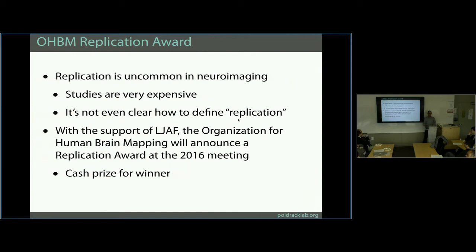It's tough because imaging studies are expensive, right? So part of the problem here is, if you want to do a good replication, you have to do a good power analysis. And if you want to power it properly, you're going to need 40, 50 subjects. That's tens of thousands of dollars to do that replication study. That's why people don't do a lot of replications, because they think they're boring and they're expensive, and they'd rather go do something that's going to get them a Nature Neuroscience paper rather than a paper somewhere that's not Nature Neuroscience.